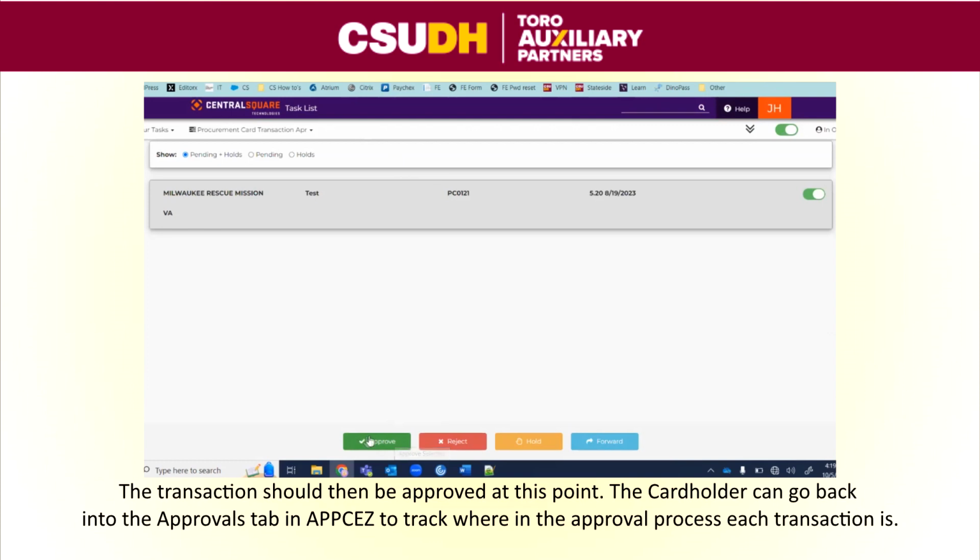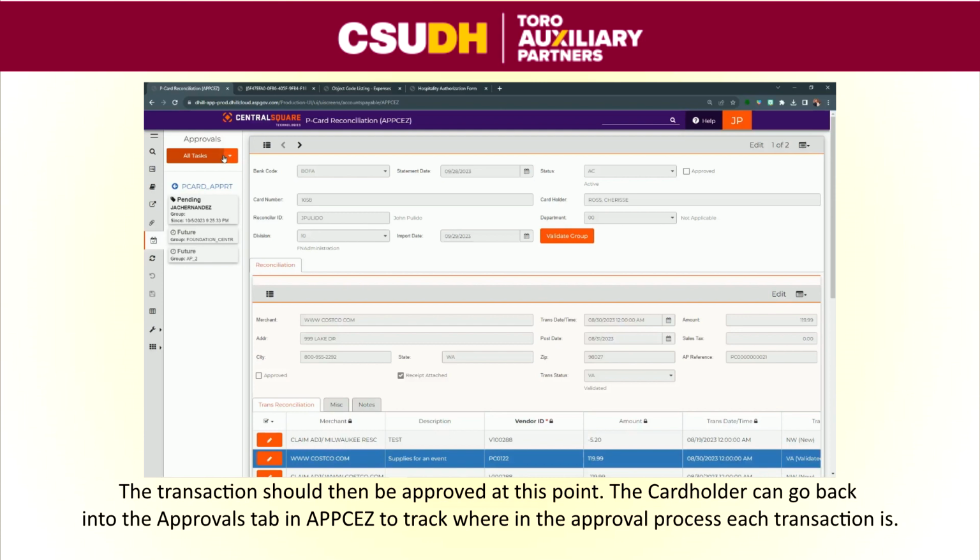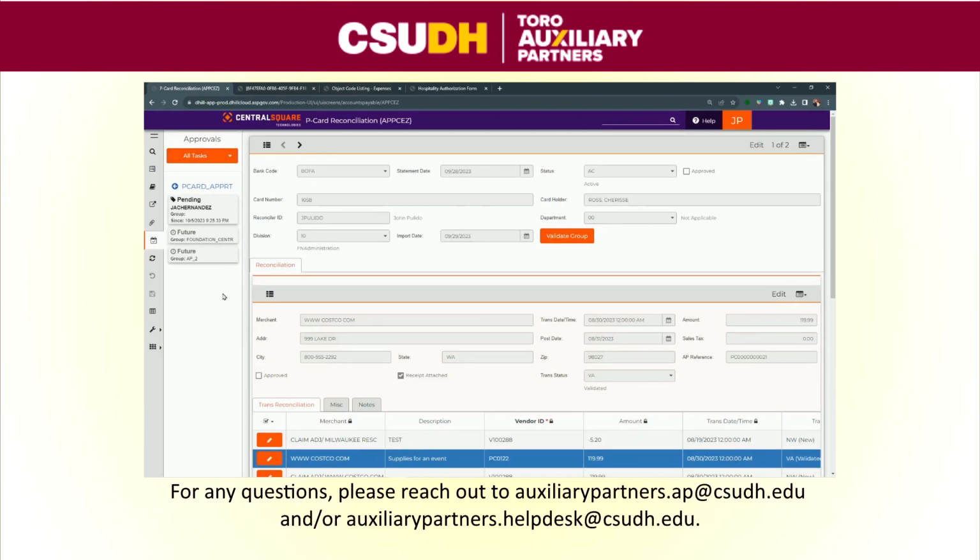The cardholder can go back into the Approvals tab in APPCEZ to track where in the approval process each transaction is. For any additional questions, please contact